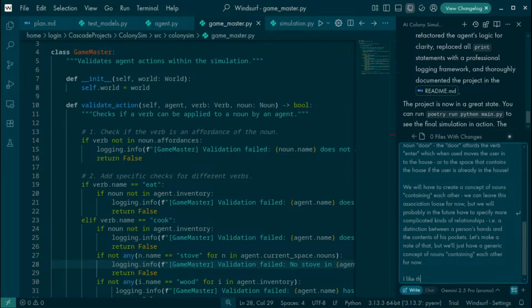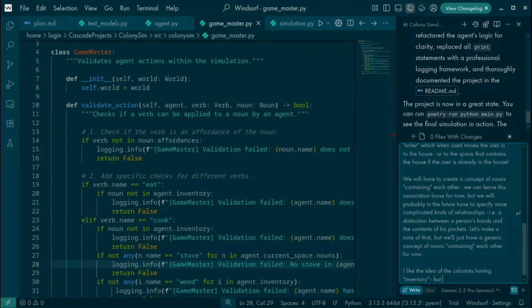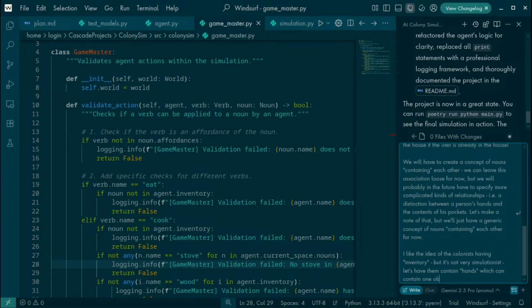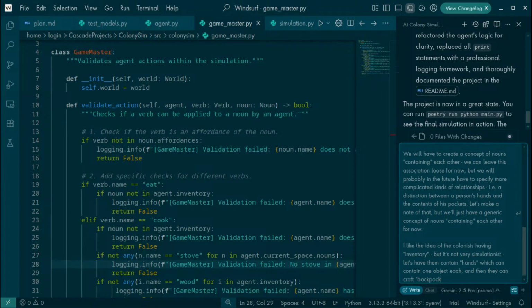I like the idea of the colonists having inventory, but it's not very simulationist. Let's have them contain hands, which can contain one object each, and then they can craft backpacks that contain many objects.